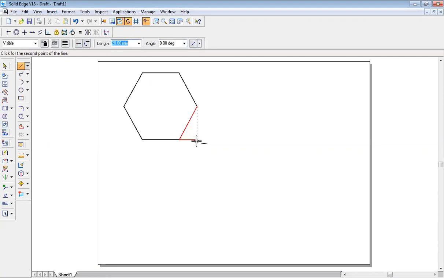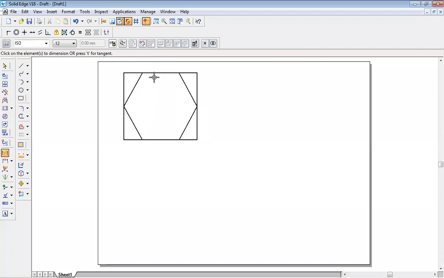Let us put this hexagon in a 4-cornered box. You will get this alignment indicator line, reference lines. So click, click, click, click, and close. So you have to put this hexagon in a 4-cornered box. Get the dimension of the box. Horizontally it is 80, vertically it is 69.28. I can make it a round figure as 70.